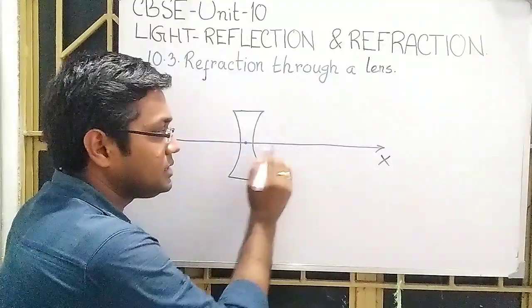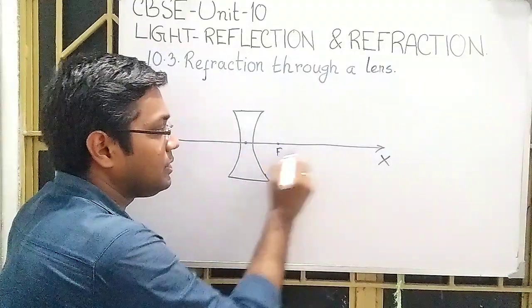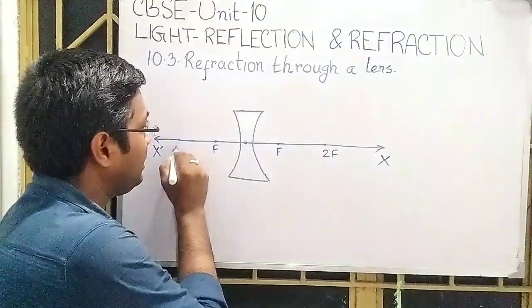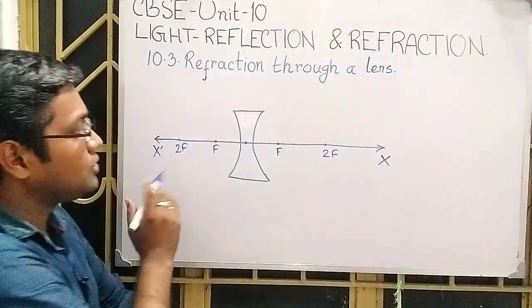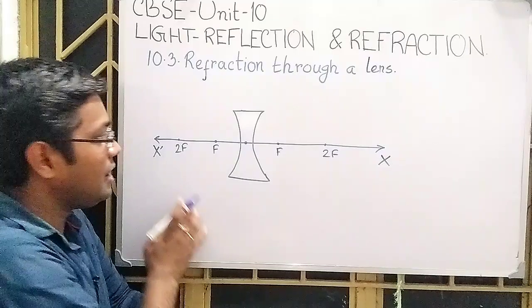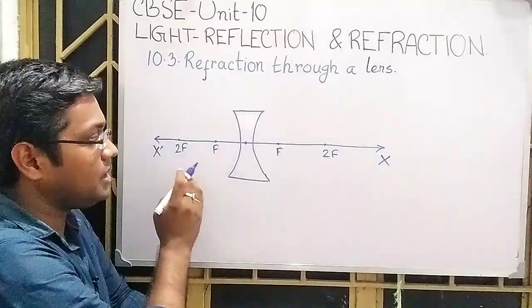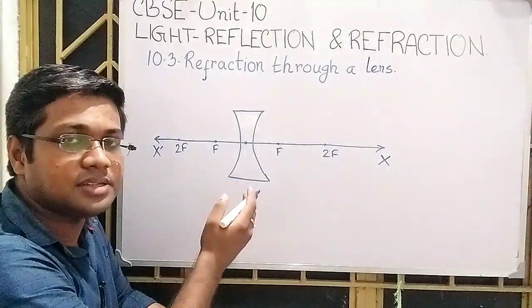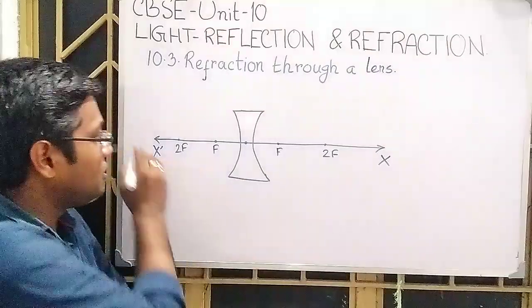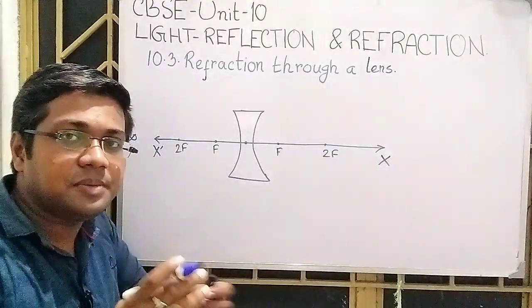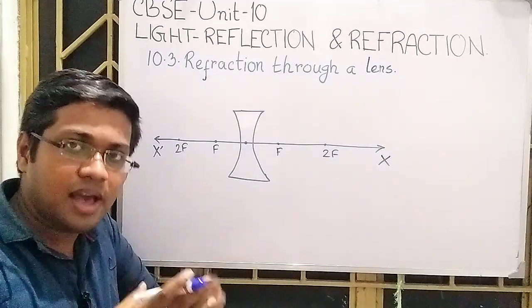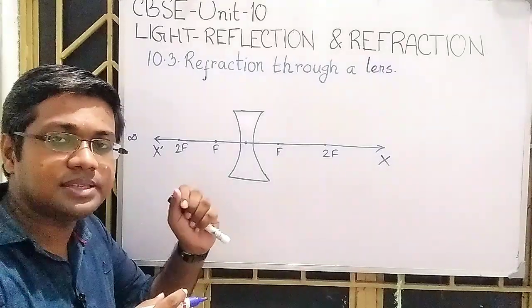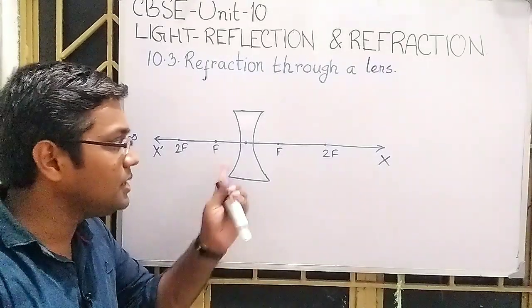On both sides, just like in the convex lens, here it is F and here it is 2F. Here is F and here it is 2F. Okay, so here the image should be placed. In the case of a concave lens, in most cases the ray after refraction diverges. So just like we did in the case of a convex mirror, we divide the total section on the object side into two parts: one is infinity, and another is between infinity and O.